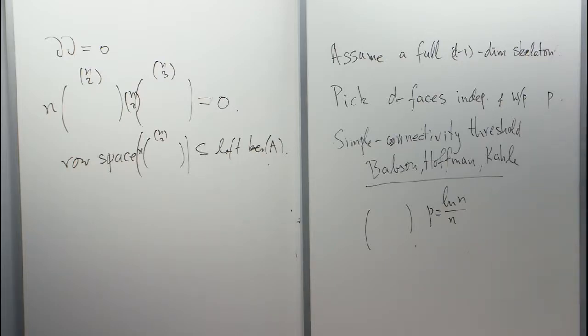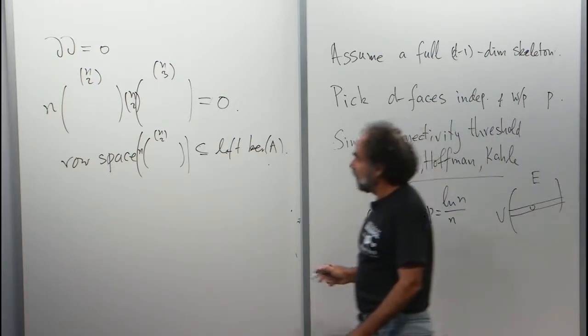So what do isolated vertices look like when we're looking at such a matrix? It's a row that's completely zeros. And then you get, of course, a non-trivial vector in the left kernel, namely, just take the indicator of this vertex. So if here, in the n choose 2 by n choose 3 matrix, it so happens that we get a row of zeros, an edge that is not covered by any face, then the answer is, and if you do the exact same coupon collector argument,